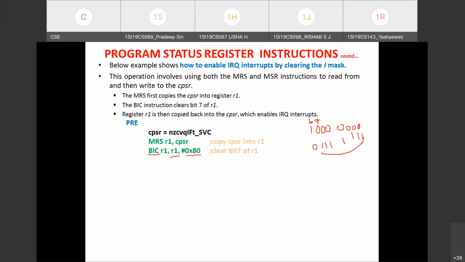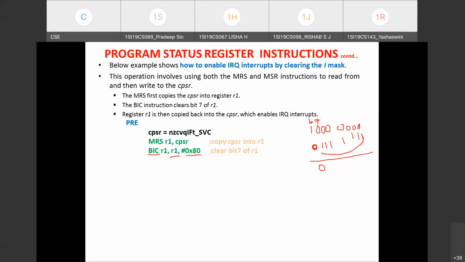When you perform the AND operation with this data on the R1 register, what happens? Bit 7 will be cleared. Performing AND with 0 will result in 0, right? So in the final result, bit 7 status will be 0 and the rest of the bit statuses will be unaffected. They will be retained as they are. So this is the operation performed by the BIC, bit clear instruction.